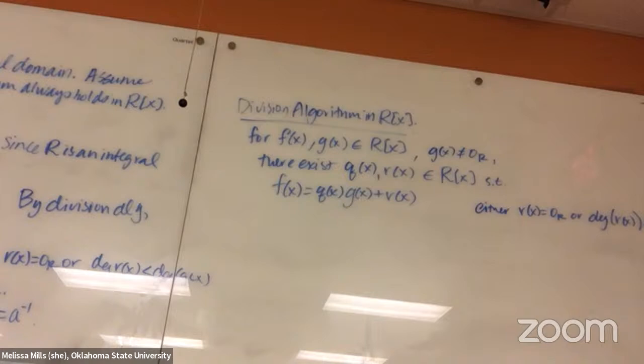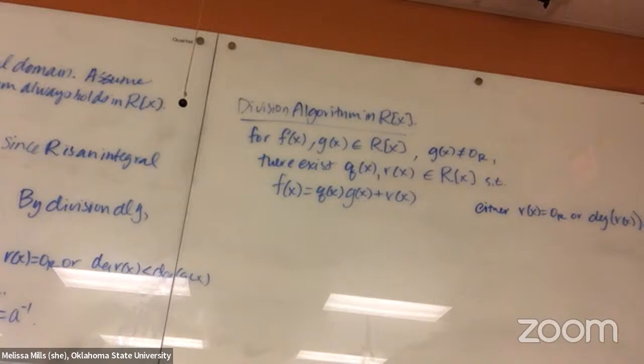So why does Q of X need to be a constant polynomial? You tell me. It has to do with degrees, right? There was a theorem about degrees. What does the theorem say about degrees? If you multiply two polynomials together, we add their degrees. Yeah. It's Theorem 4.2: if R is an integral domain, and guess what, it is, and f and g are non-zero polynomials, then the degree of f of x times g of x equals